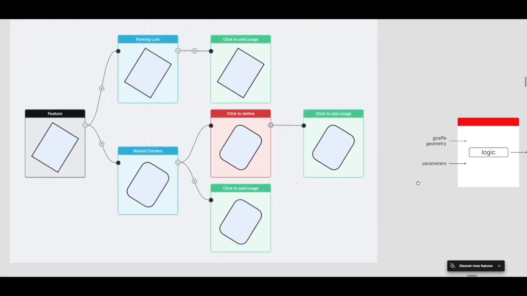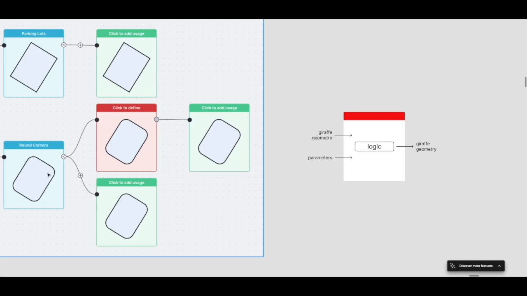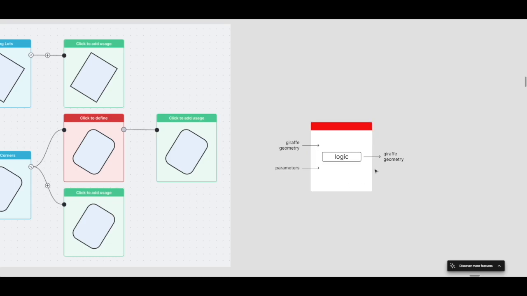And the way to understand this thing is that each one of these blocks is just logic. So rounding the corners takes a square shape and rounds the corners. Parking lots takes any shape and tries to fit in as many parking lots as it can. And so each of the blocks is a functional block, does something, takes an input, provides an